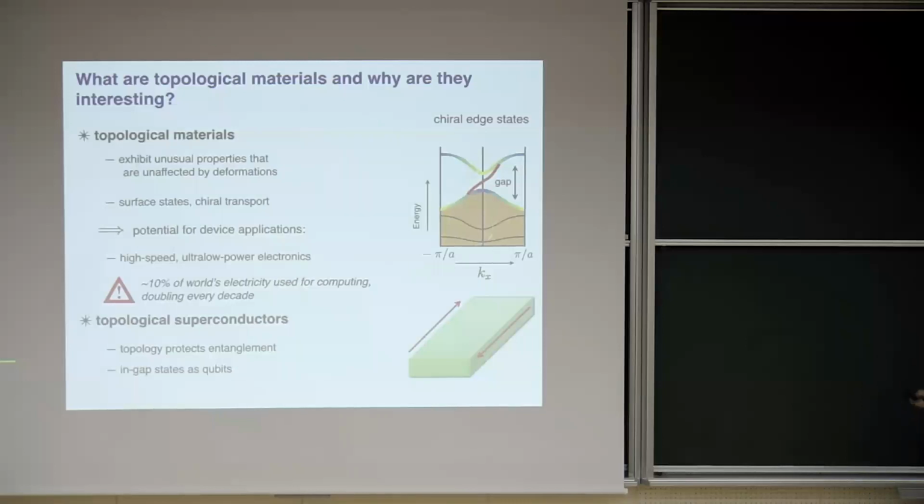Another potential use of these materials are superconductors. These properties not only apply to insulating band structures, but they can also be applied to superconductors. There, these topological properties can protect certain aspects of the superconductors. They can protect entanglement. They can in particular also protect surface states, which come in the form of Majorana modes. And we have just heard a talk from Jinkai early this week on these Majorana modes and how they could be applied to make a qubit.